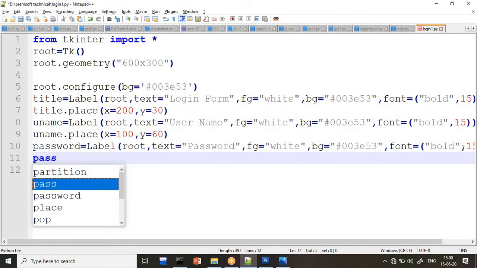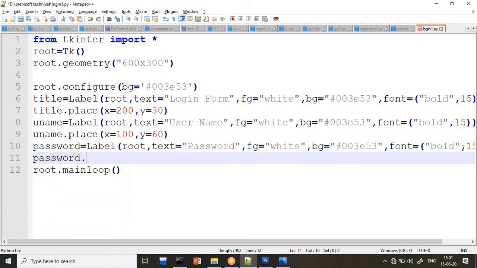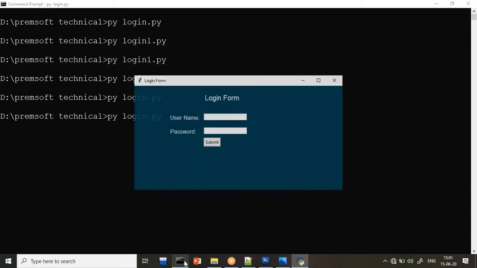Placing things are very important, guys. If you do not place, it will not come on the screen. So I will place x is 100 only, because it should be just below this one. The left-hand side space should be the same, and below this one is y 90. I will take it y 90.